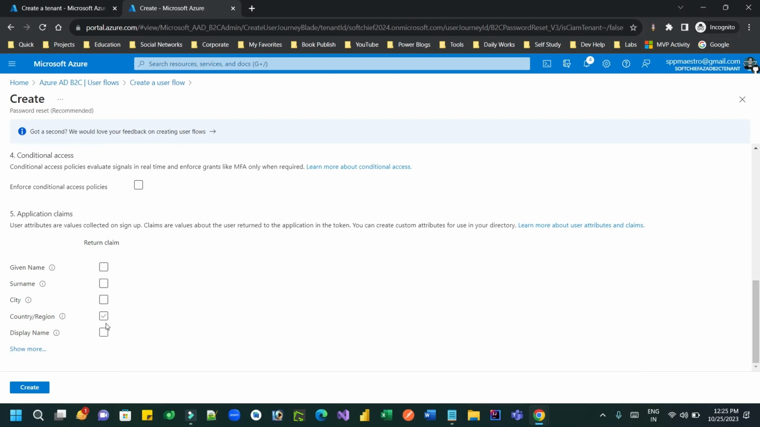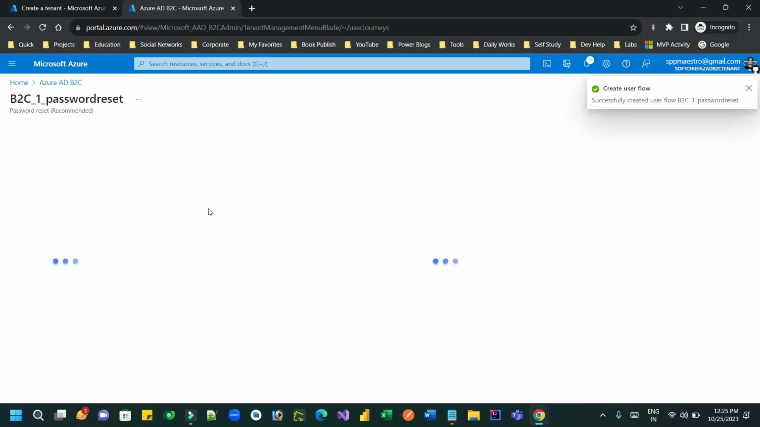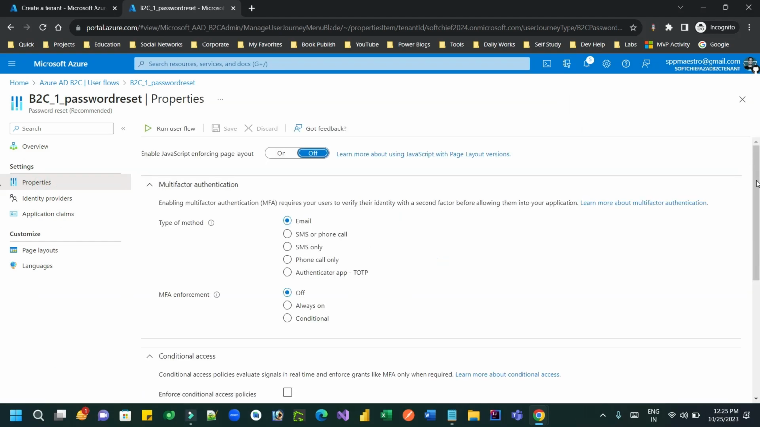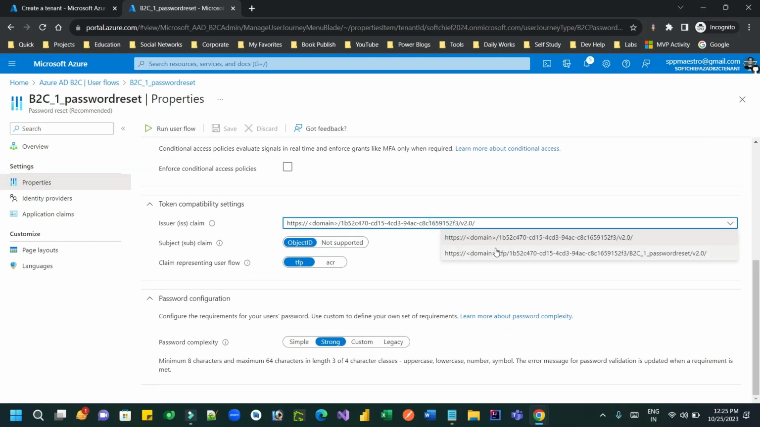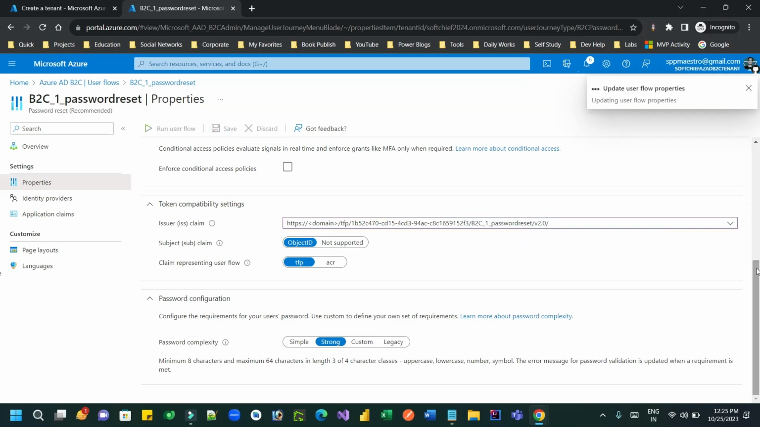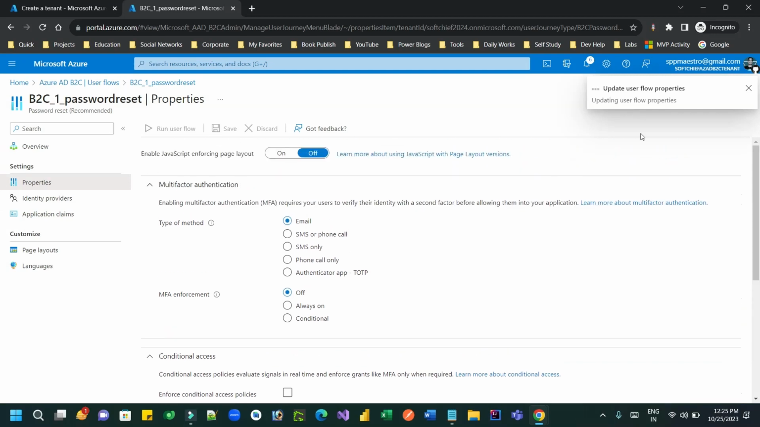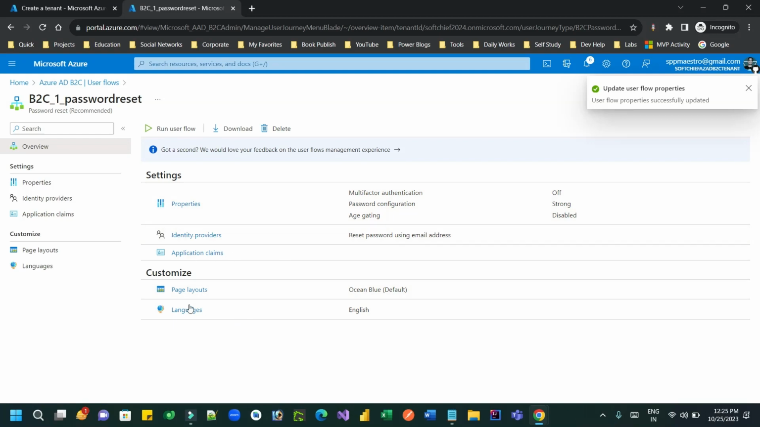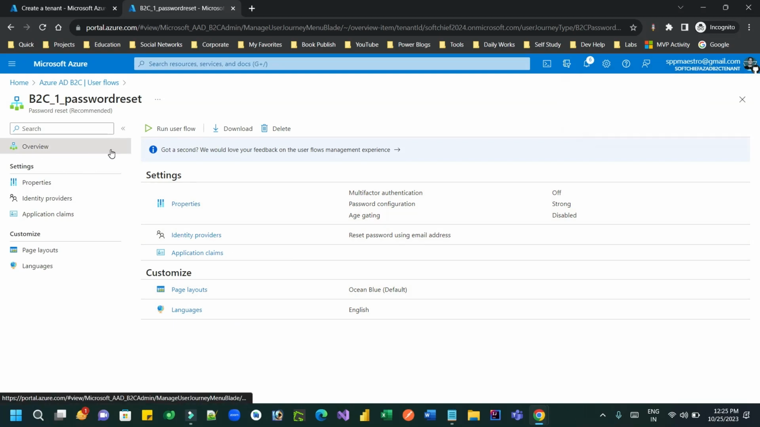And once it is noted down, you can also select reset password using email address. You have to repeat the step whatever we have done for login and sign up. You have to define the attributes here and click on create, right? So once it is done, you have to again copy the issuer URL for password reset and set the property version 2, which contains our flow name. So this is the flow name and save it and run the user flow to copy the